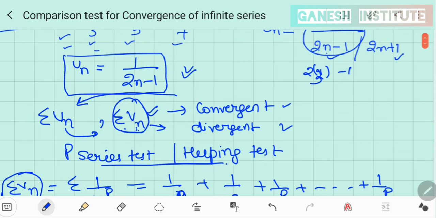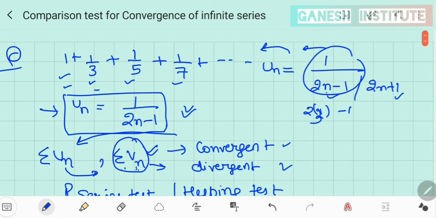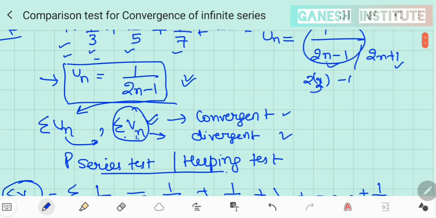Okay, so for that, the first step is the series pattern; this general series you have found out. Now check the degree of this, the power of n, the highest or lowest. If this is bounded below, then find out the lowest degree, and if it is bounded above, then find out the highest degree. I have already discussed in my last video what bounded above and bounded below are. You can check that out. So what is that? You can see the maximum power of n here is 1, right?